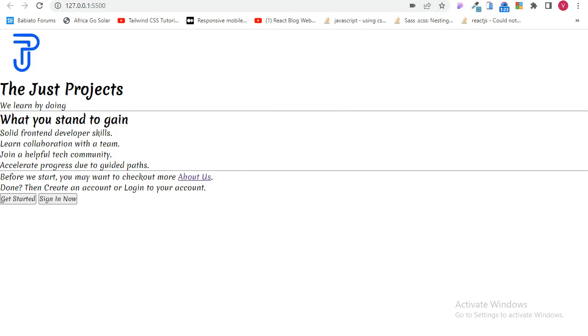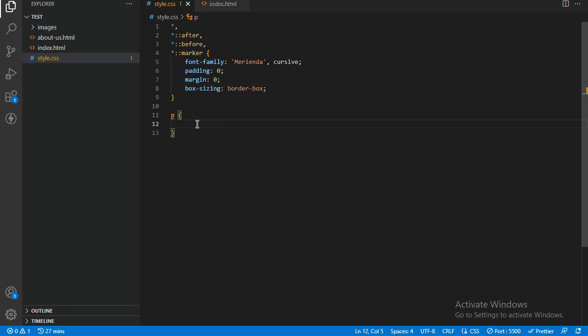All right, so I'm going to target the p tag and I'm going to center it, with the whole text align center stuff because it's text. So I'll come here and I'll say,